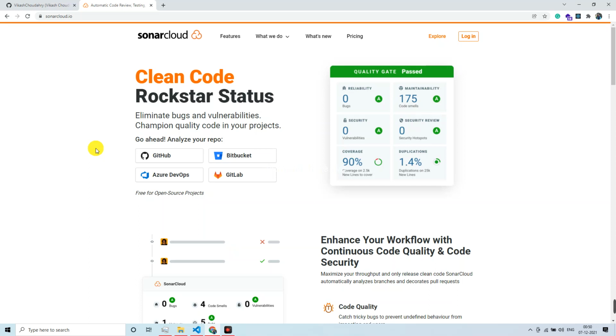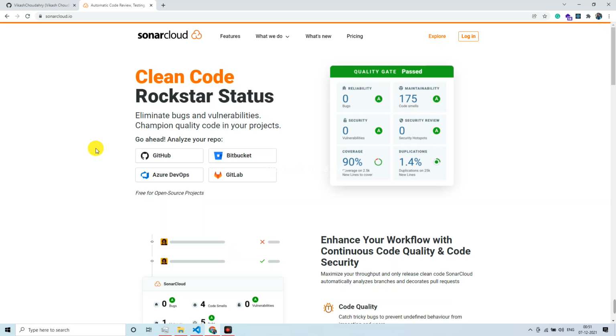So here, when I say public GitHub repos, I'm referring to the free plan of Sonar Cloud. There's nothing like Sonar Cloud only works on public repos. No, that is not the case.